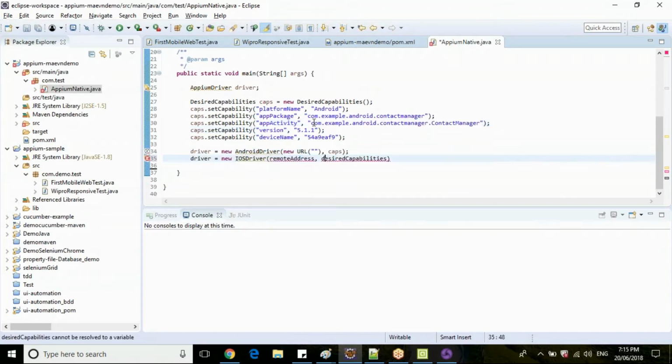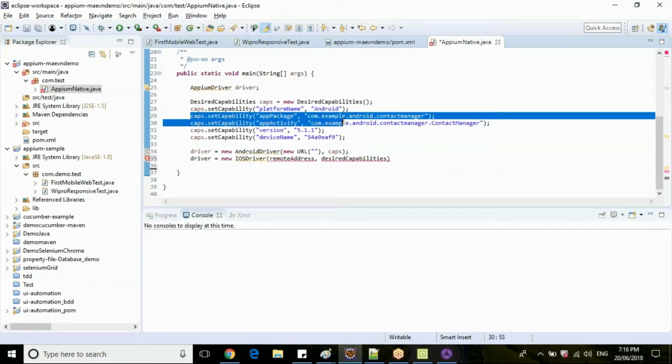Suppose you are giving the second screen, your APM script will fail because the developer will not give permissions directly to launch the second page. This is the first page, right? Similarly, I will show you how the second page or the other pages will be identified. The developer will not give access to all the pages. He will give access only to the first page so that the user can navigate and work from there.